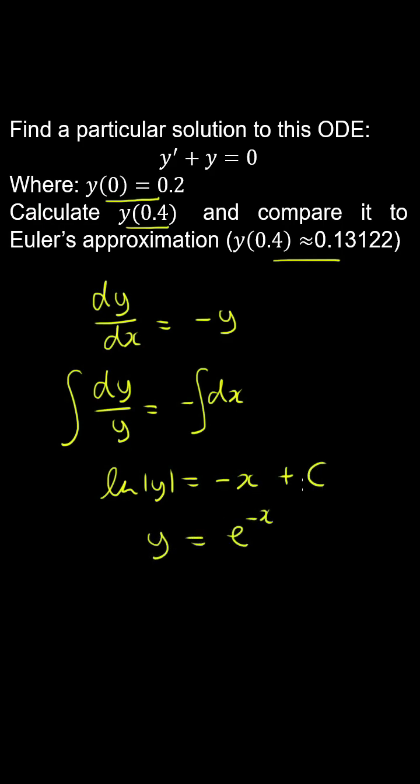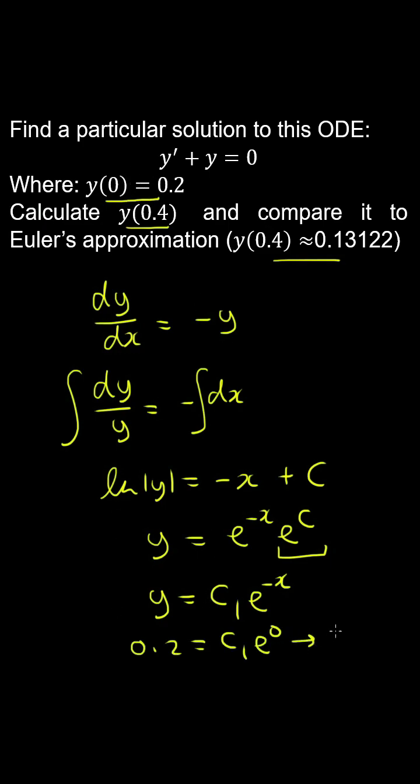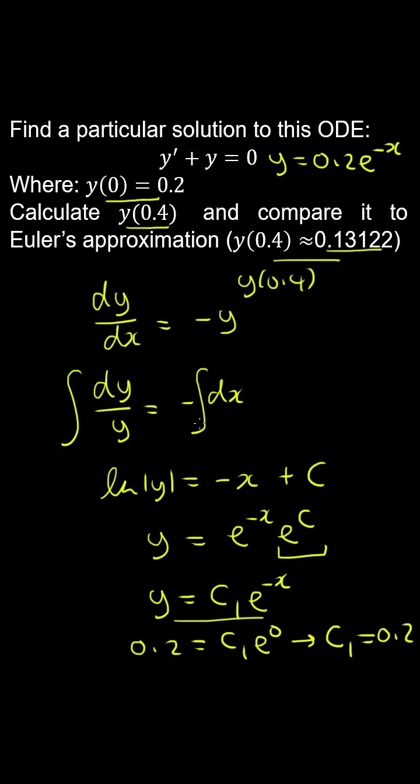of minus x plus c, which is the same thing as e to the minus x times e to the c. And because this is just some constant, then we can write y is equal to some constant times e to the minus x. And now we can apply our initial condition, so therefore the constant of integration is equal to 0.2. And therefore from this equation, our particular solution is equal to 0.2 times e to the minus x. And now you can substitute for x equals 0.4 and compare it with the approximate solution we got using Euler's